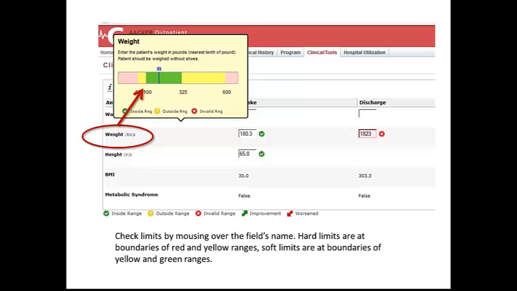Now, I should let you know that currently the tooltips and some of the other reporting features that I'll be showing are only available in the cardiac rehab registry, but within the next month and a half, we hope to have these same features in the pulmonary rehab registry. We're really working at trying to make sure that both registries work and look the same so that there's a consistent pattern between both projects.